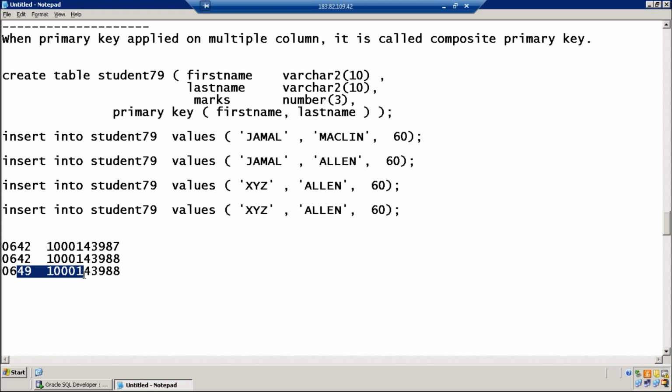Okay. So Sunil, am I clear? Yes, this is more applicable when it comes to unique numbers like bank account number, ID number, Aadhaar card number.